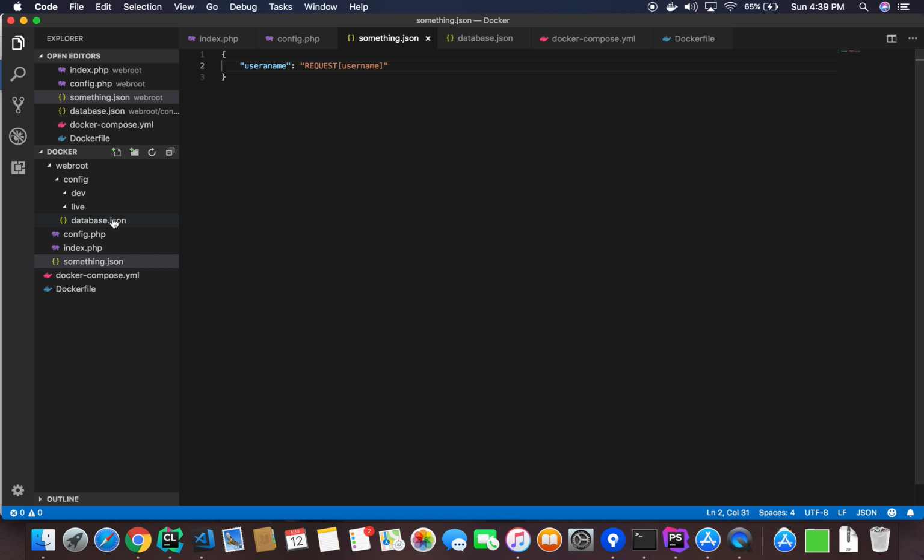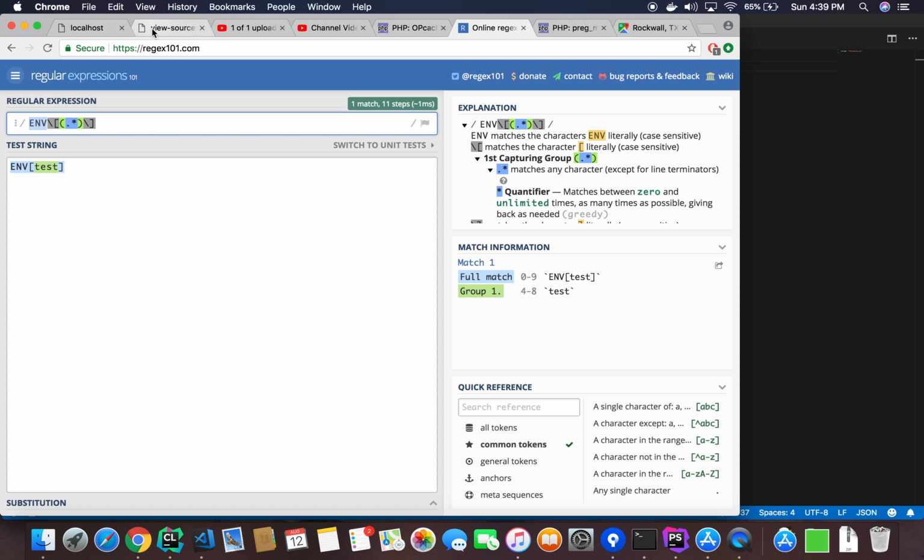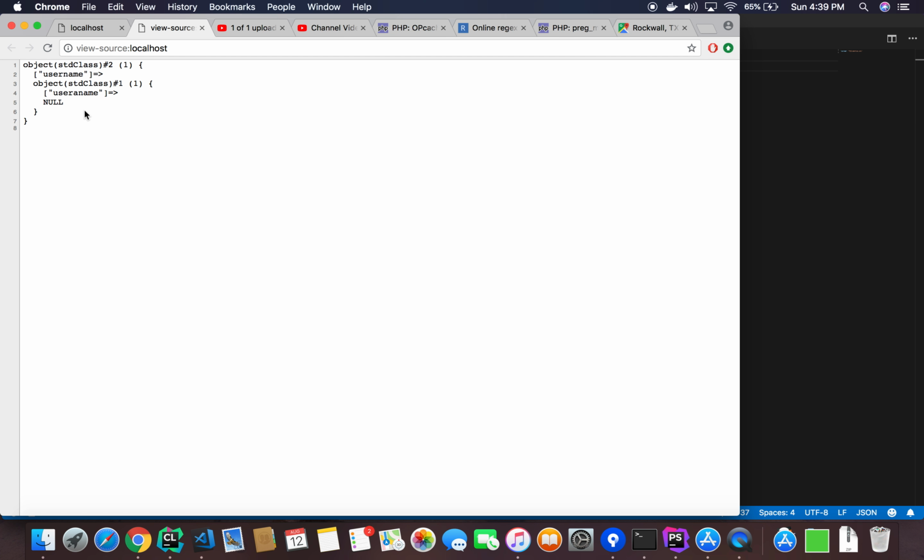Now, if I come inside of this, I can say this is equal to file, and inside of this file I can say I want to read something.json, right? And if I come over here and hit refresh, oh, std class username,